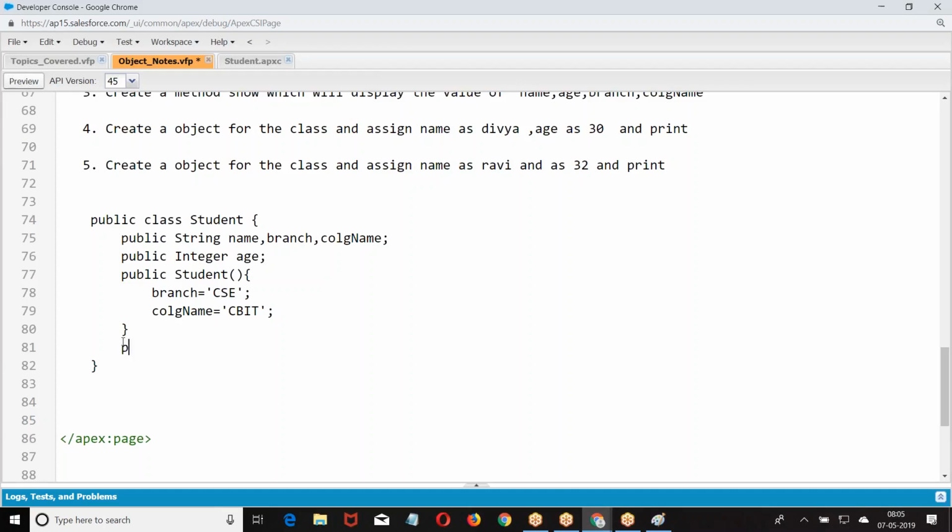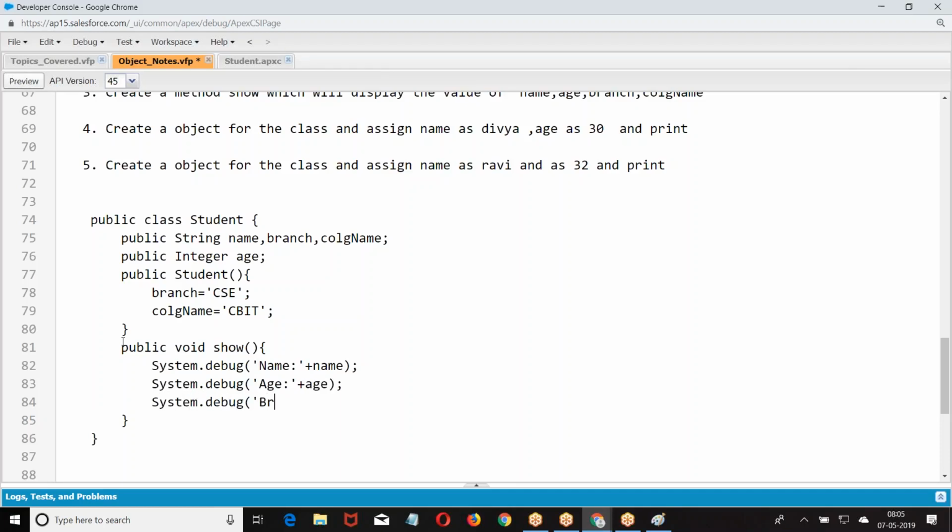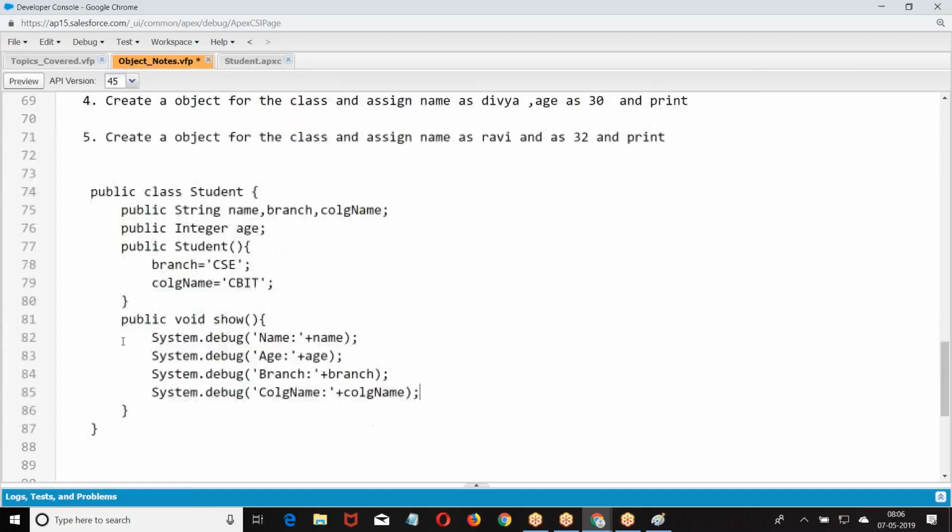Name and age is not same for everyone. So I had void. This is how I created.